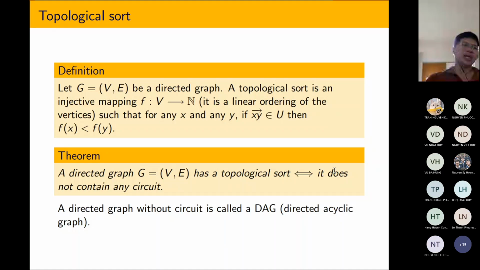We have to take care that if we have no circuit, no circle in the graph, then we can have a topological order. Otherwise, we cannot have it. Last time,